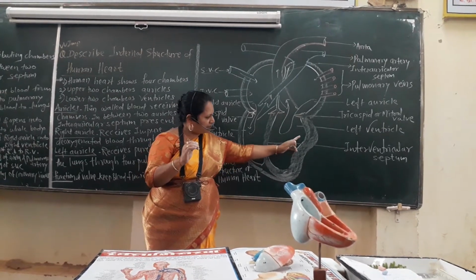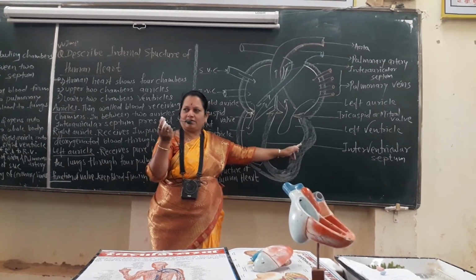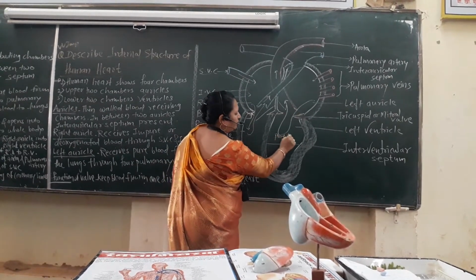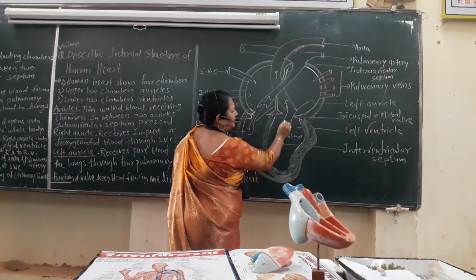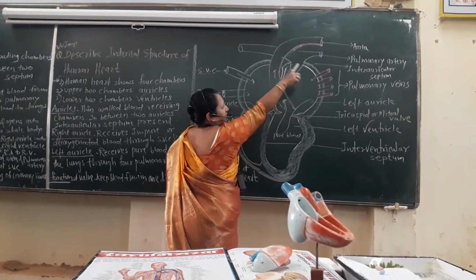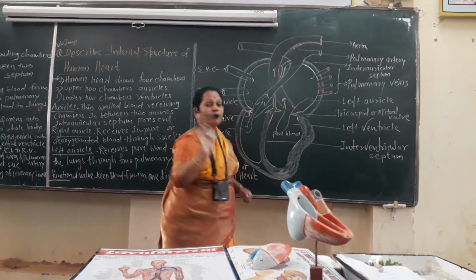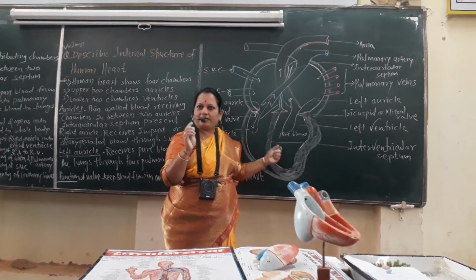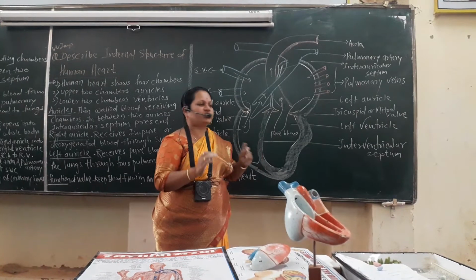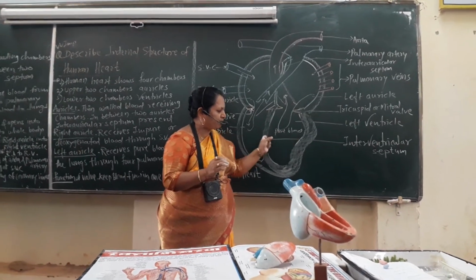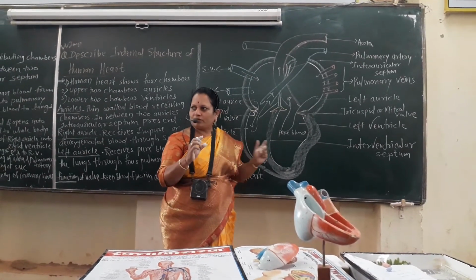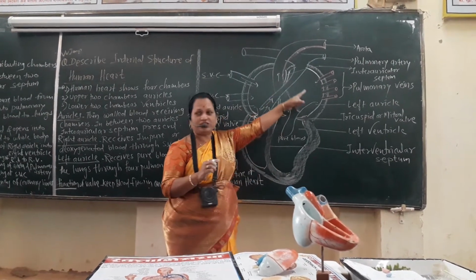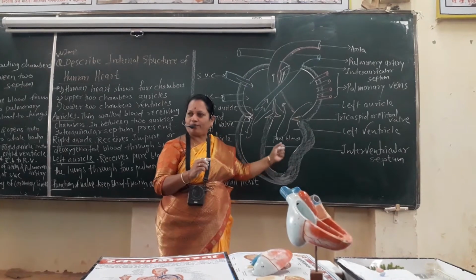The wall of the left ventricle is thicker because the pure blood from the left ventricle is propelled or distributed through the aorta throughout the body, up to the toes, so that maximum pressure is created on the blood. When pressure is great, only then does the blood reach each and every part of the body. Therefore, the wall of the left